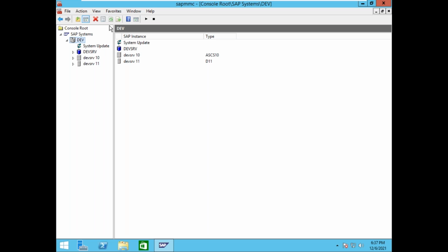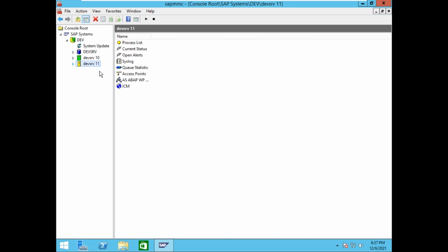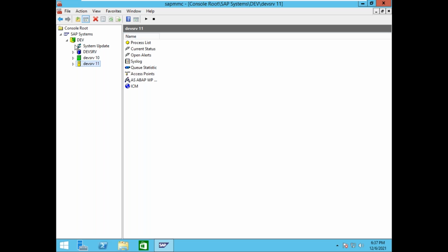It goes from gray to green. Green means started. Yellow means it is starting, so you want to wait. When the SID turns green, it means the system is started.